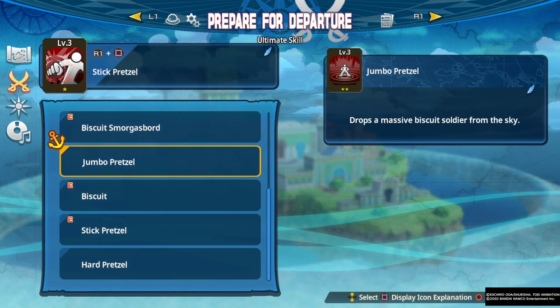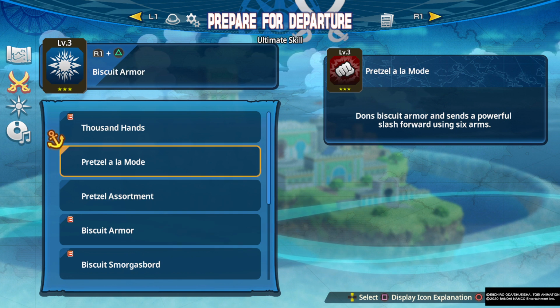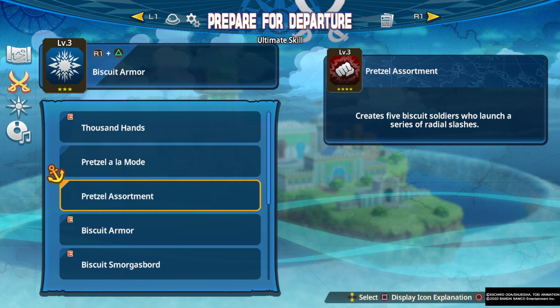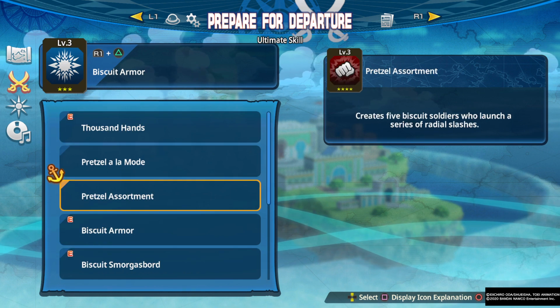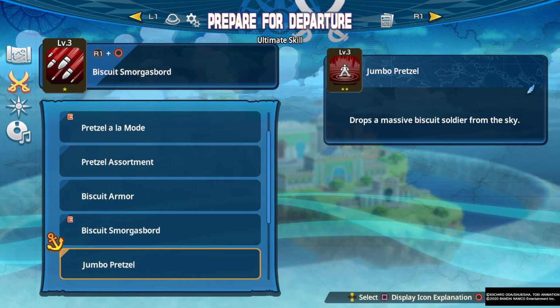Alright, so let's get in here. Full force burst. You know, full force burst is always very strong. I actually have both of my Muso specials I have to show off. Probably have to show those off in a couple of runs. We'll show off one right now. And then